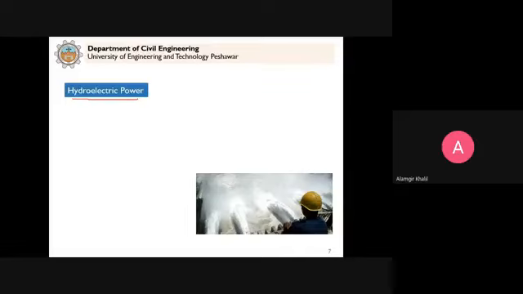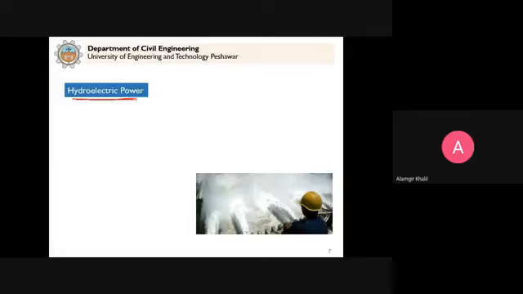Similarly, we are using coal, that is thermal power, or furnace oil, etc., to generate electricity. But you already know that is more expensive, and it is releasing hazardous gases into the atmosphere. So that is a health hazard. That's why hydroelectric power is not only a cheap source of electricity, but also very environmentally friendly,